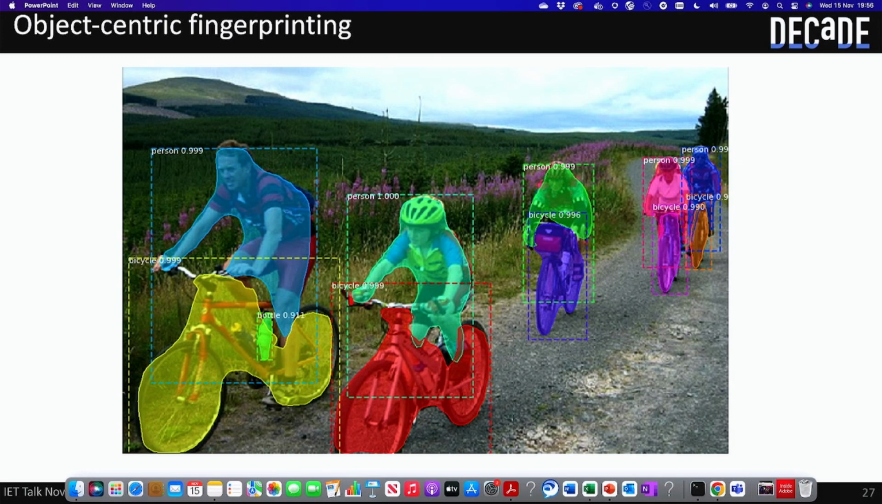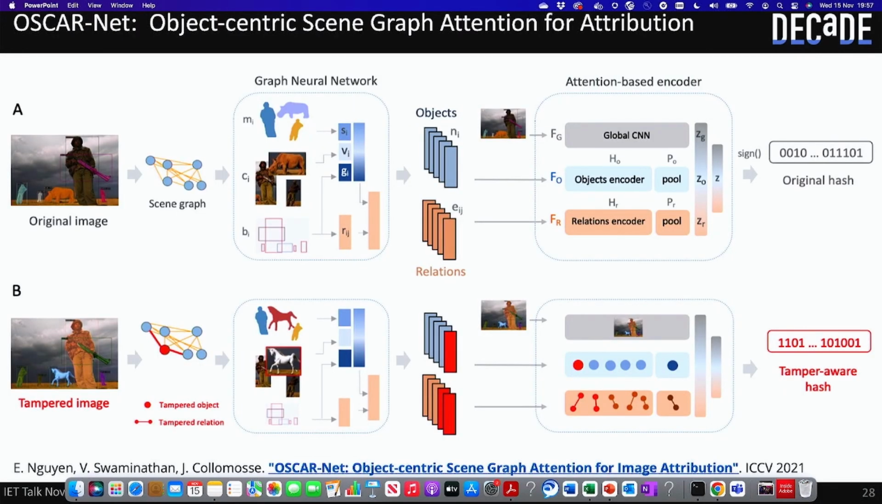Well, we do what's called object-centric fingerprinting. So what we do is we use AI to identify the dominant, salient, as we call them, objects in the scene, and we independently fingerprint the visual appearance of those objects, and we feed them into a neural network. This neural network, I won't go into the details of the structure of, but it's based on something called a transformer, and basically this transformer learns how to identify